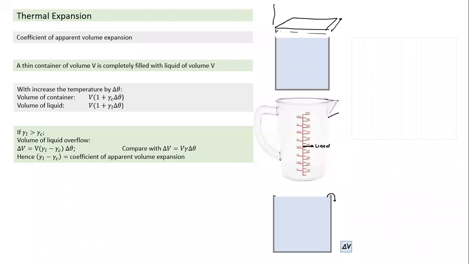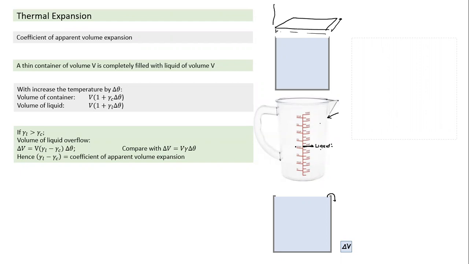And when I heat the container also, and I heat the liquid which is inside, the liquid and the container also will expand. And if I find the liquid level has still remained 500, does it mean the container and liquid has not expanded? No, if the liquid level remains 500, it means the increase in volume of the liquid is the same as the increase in the volume of the container up to this level.